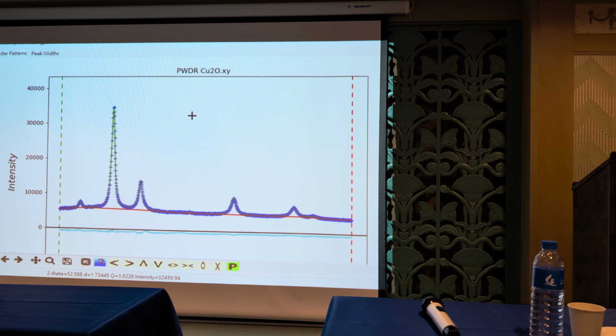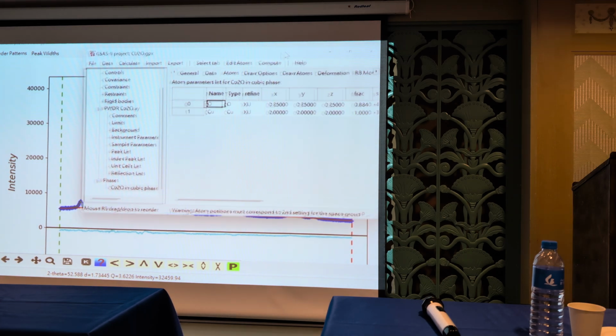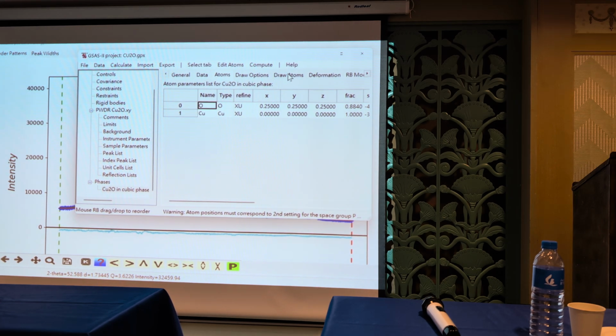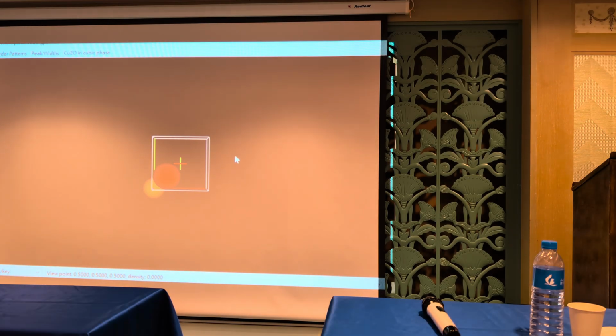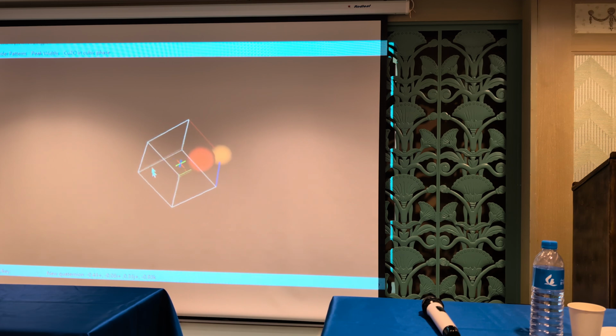And maybe you are curious about whether in Jana you can plot the crystal structure. I will tell you yes. So there's a window I can set up here, so we can click to draw atoms. So this is the initial window for this crystal, but